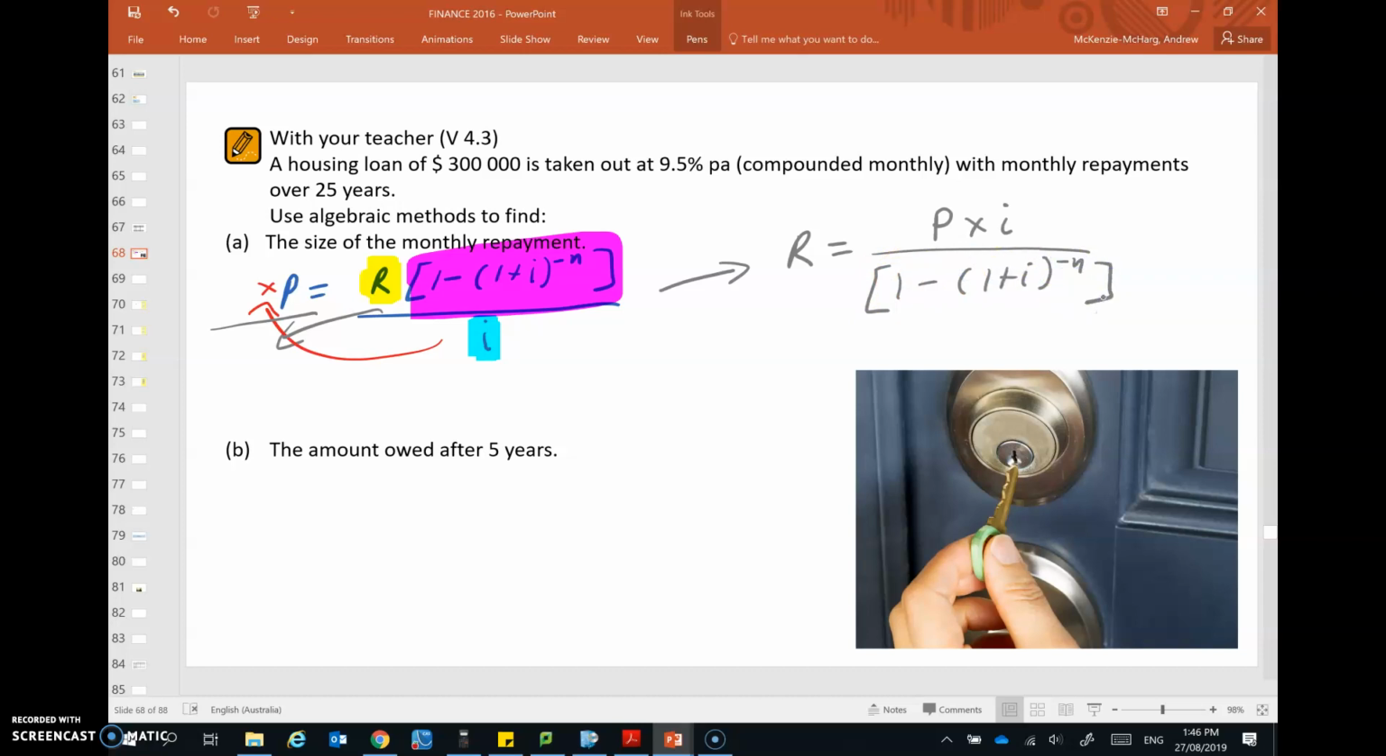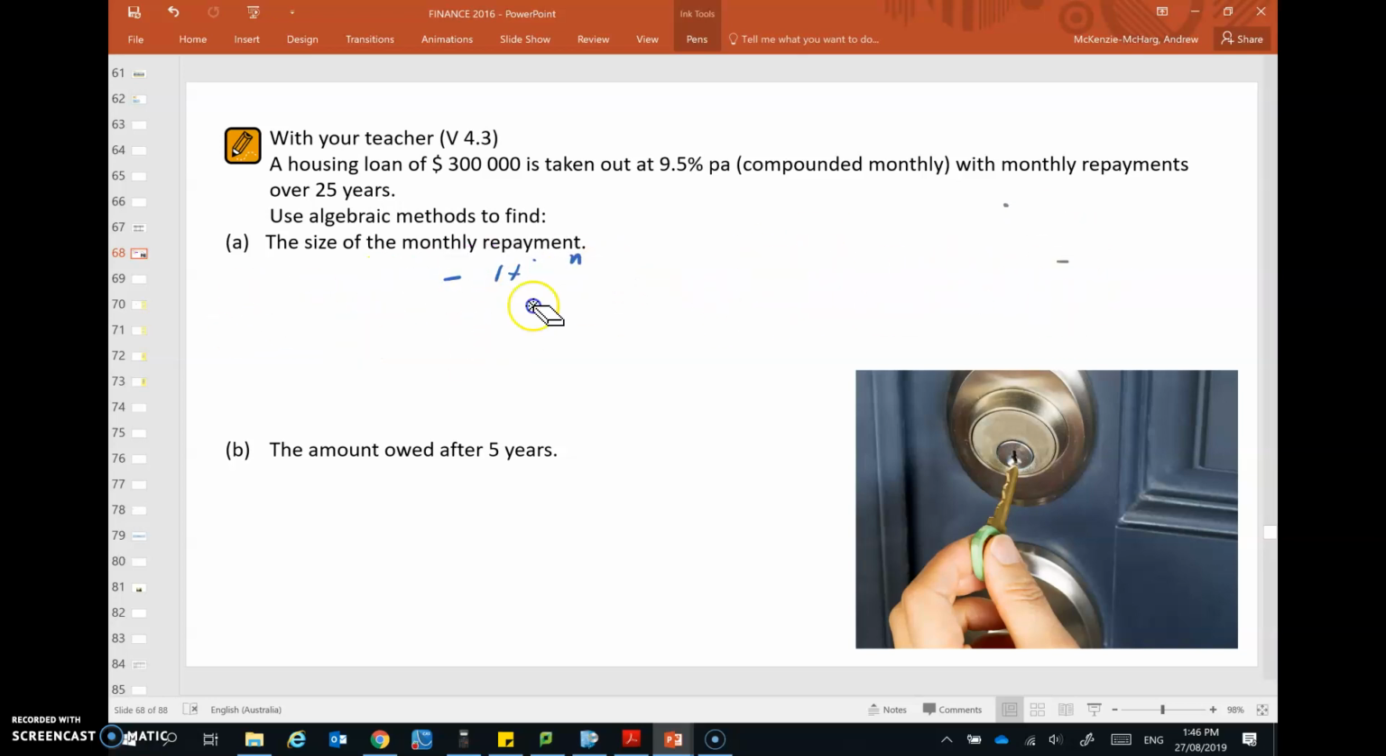If we put all that information into this equation, and I'll just rub all this out so that we've got some room to do that, our equation looks like this: the regular payment is equal to the amount owed times I over 1 take 1 plus I to the negative n. So putting all the information in,